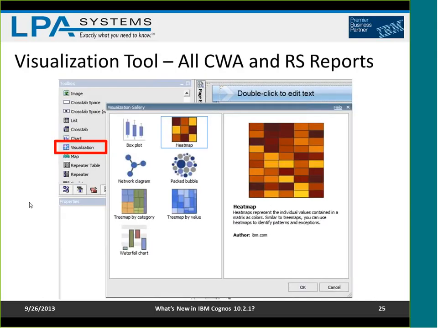This visualization engine is accessible in Report Studio or Cognos Workspace Advanced by dragging the visualization tool in from the toolbox. Drop it on a page, and you'll be presented with a wizard that gives you the list of visualizations that are available. Where do you get visualizations? Actually, when you first install the release, there are none installed, which surprised me anyway. So I dragged the visualization tool on and found this wizard empty. These visualizations are actually downloadable from the IBM website